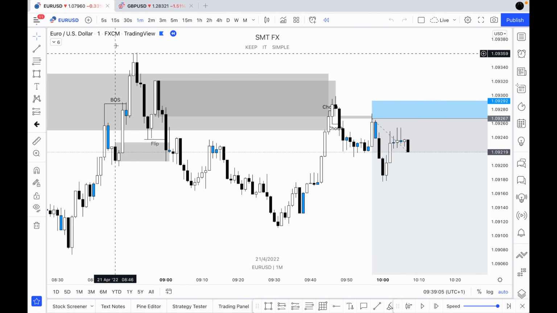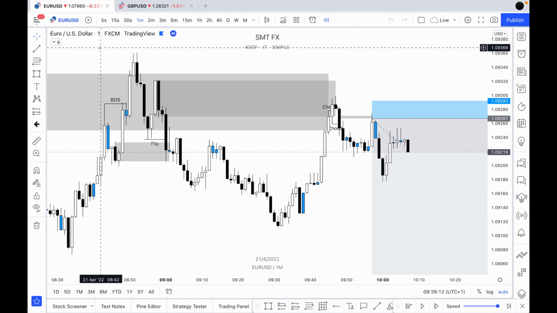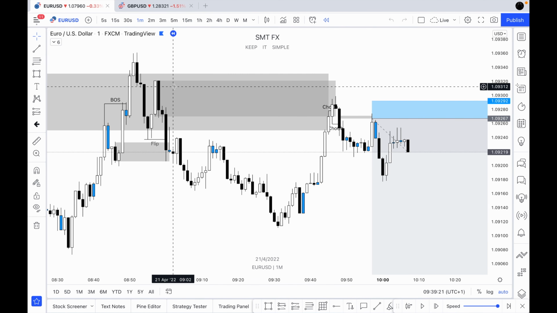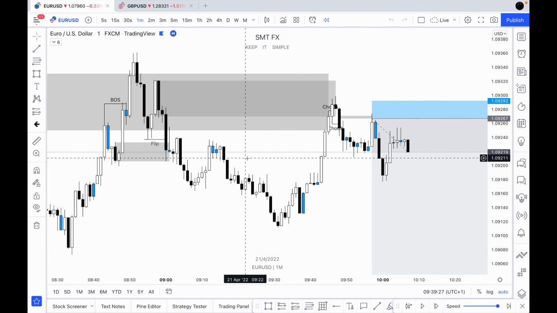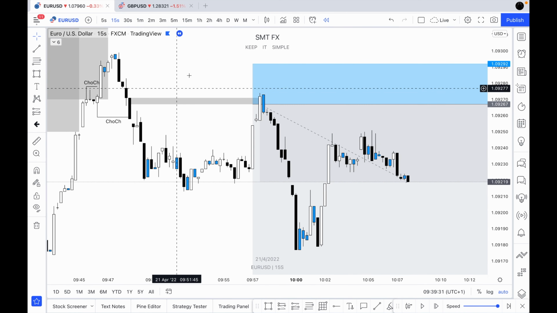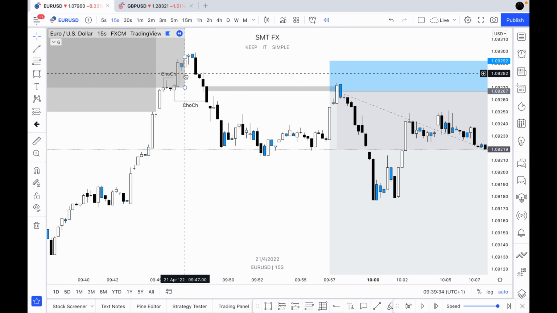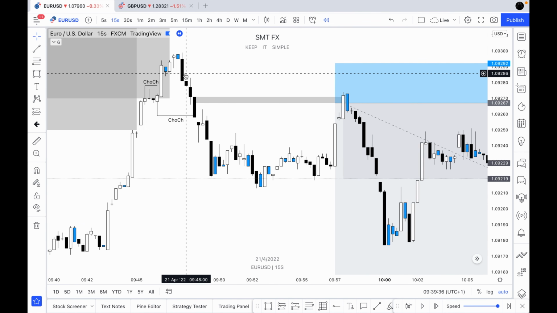Now moving forward, it's not very often we like to go down to the seconds time frame, because when we show this to members or the wider community, it starts to get a little bit noisy and a bit confusing for people, but it's something that we do use if we feel the need to. Now since we've had this 1 minute supply zone here, we wanted to have extra confirmation that we are going to continue going bearish. So what we can then do is, I think we drop down to the 15 seconds and we can see a ChoCh.